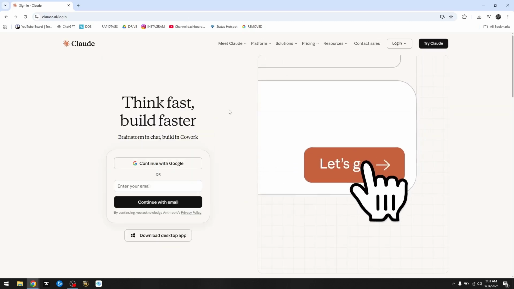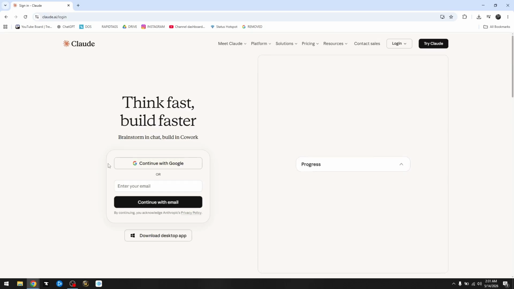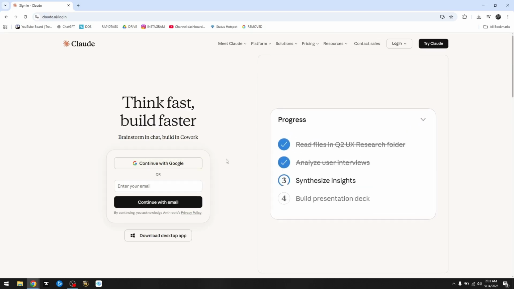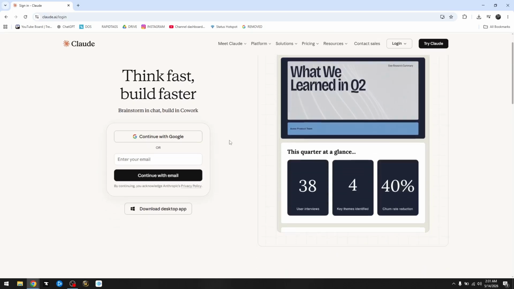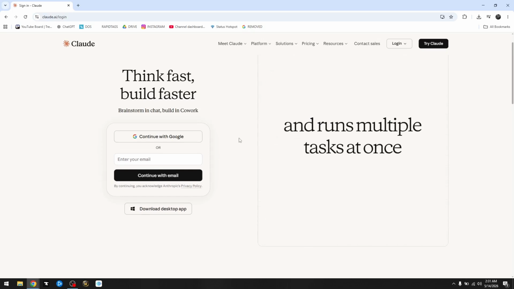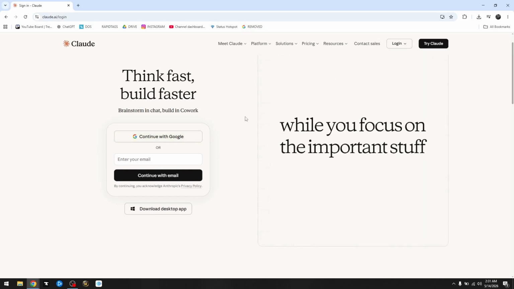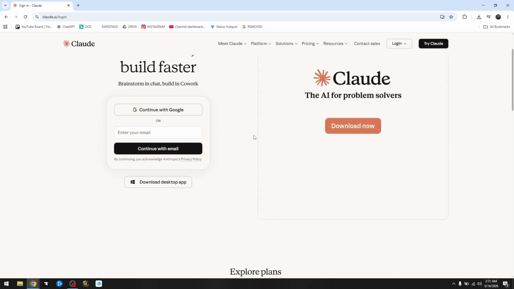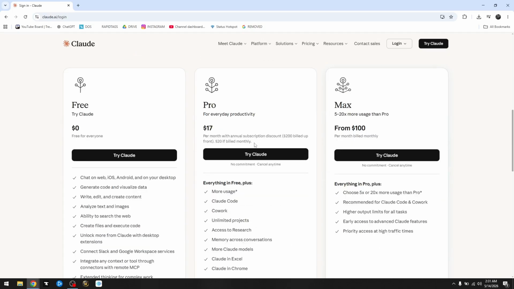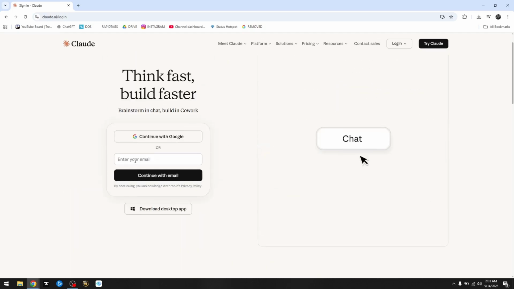Now, the easiest way to register an account with Claude AI is to connect with Google Mail or Facebook, if available, because all I have to do is click on Continue with Google and it will automatically create you an account. However, if you would like to create a separate account, then you just have to type in